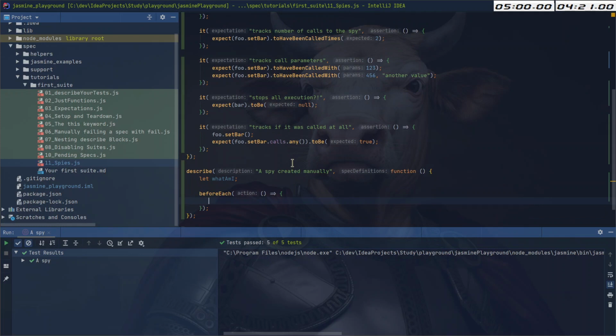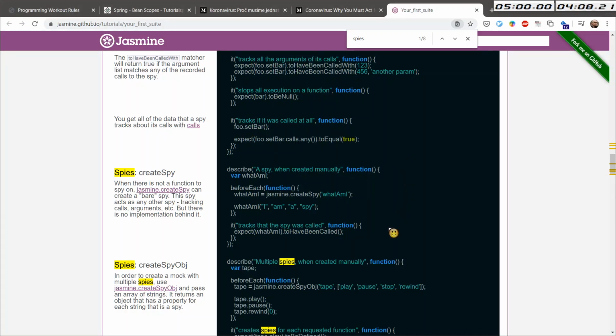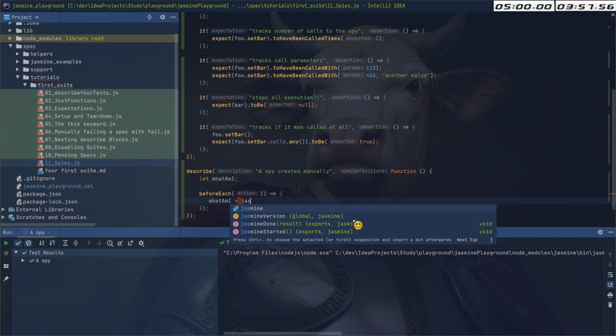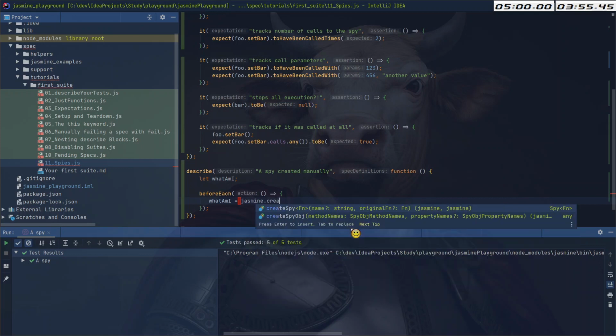In beforeEach we will create a spy maybe, or in the it. Do we want to do anything here? BeforeEach, okay. Whatever equals jasmine.createSpy,